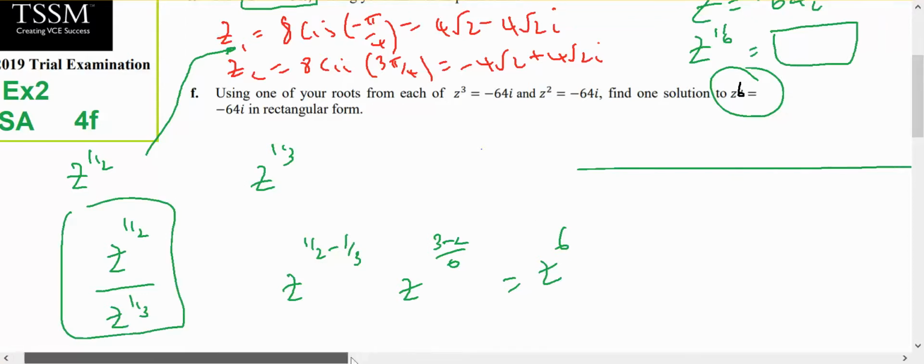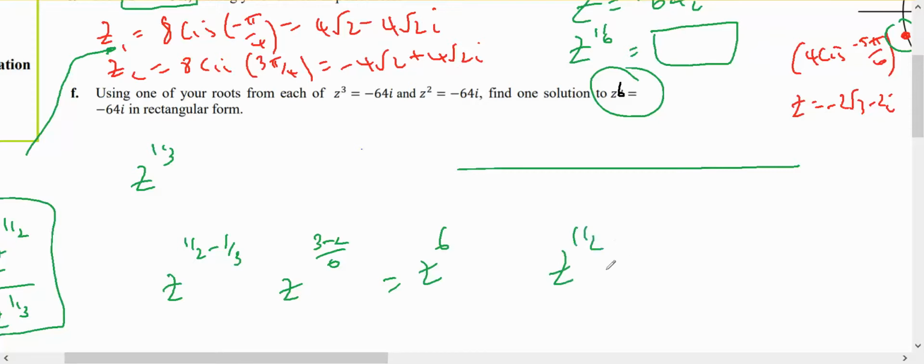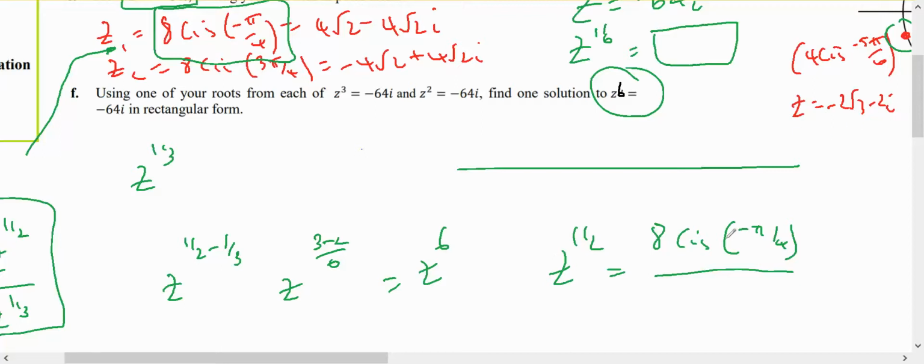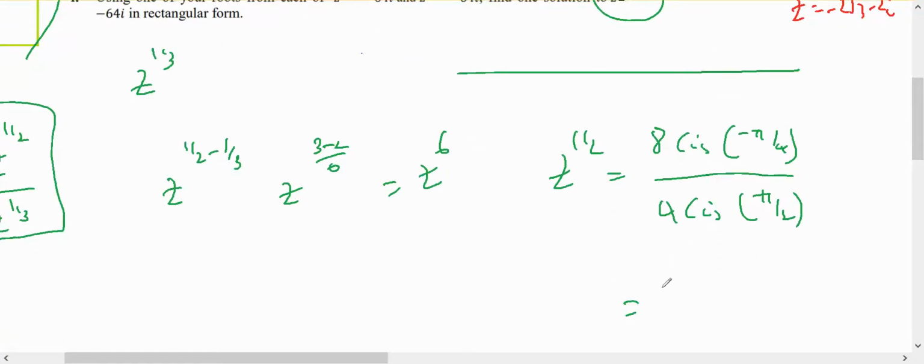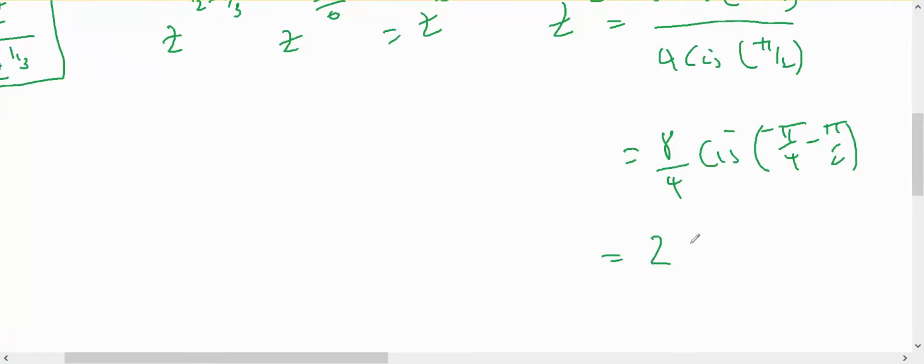So z to the 1/2 is equal to, it doesn't matter which one, I'll pick the one with the smaller angle, 8 cis of minus pi on 4, and z to the 1/3 is going to equal 4 cis of pi on 2. Therefore, that's going to be 8 divided by 4, cis of minus pi on 4 minus pi on 2, which is 2 cis of minus 3 pi on 4,